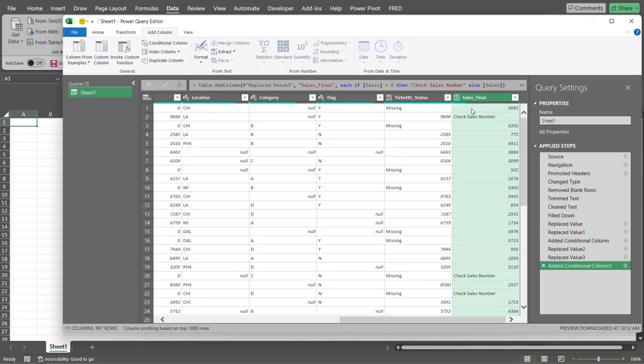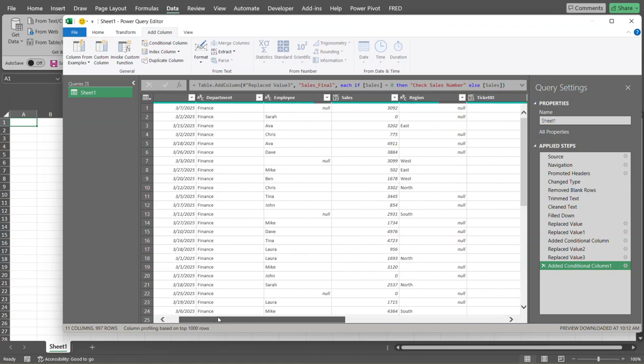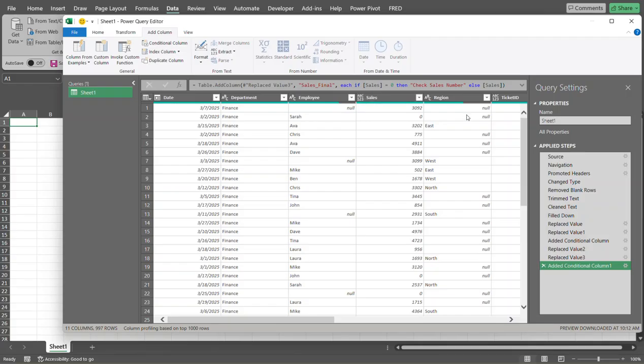And like I said here, remember this right here, the ticket ID column. Now everything is okay because as I stated before how Power Query works. And this will also again update as we go through the same process. So now let's look at the region column. Let's go over here, region. We want to replace the null values, okay? And we also want to do the same thing, add a conditional column,